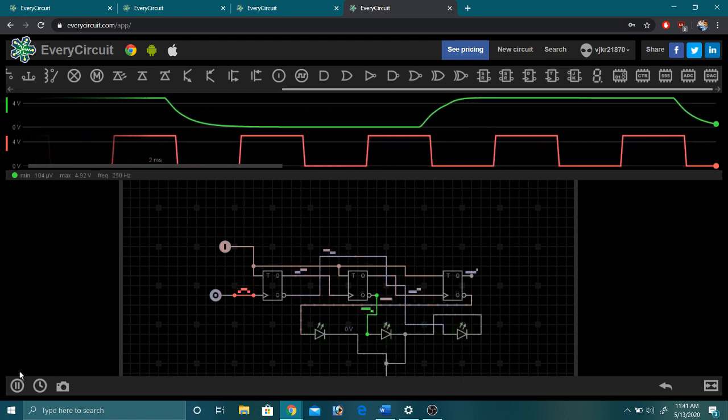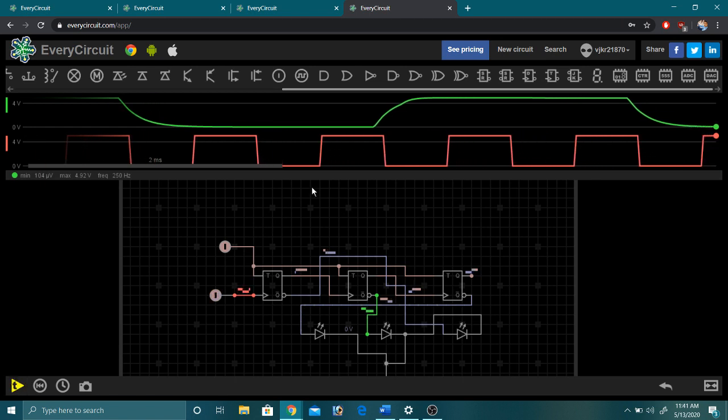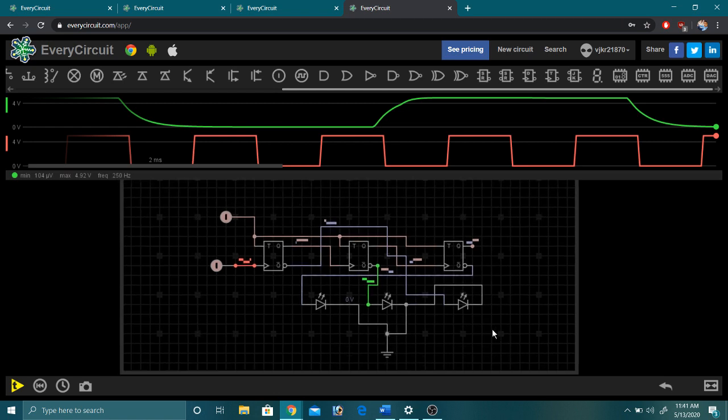1 1 1. Okay, care should be taken that we have to read after every clock cycle. Means we should wait for the results to be stabilized. After the clock cycle, we have to see what is the result. Okay, so this is a very simple application of T flip-flop. Many complicated applications are there where we can convert the T flip-flop to count from 0 to a particular number. Say we'll